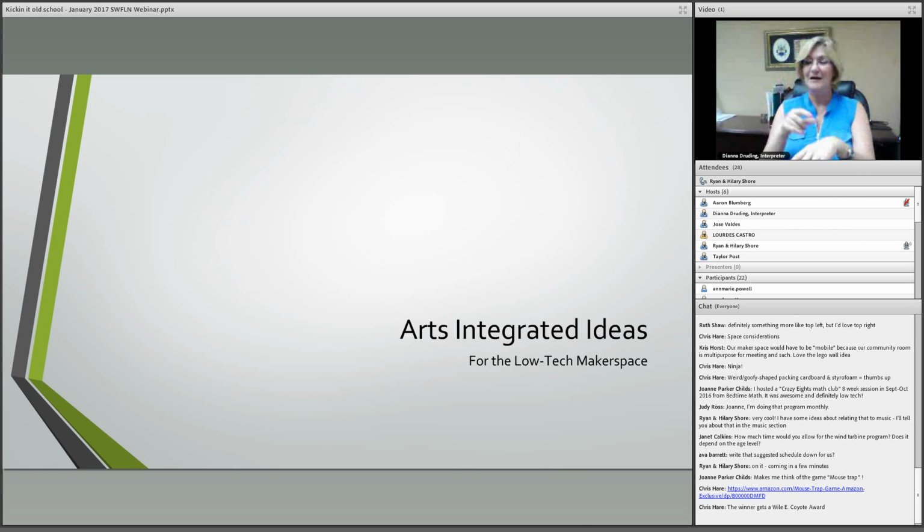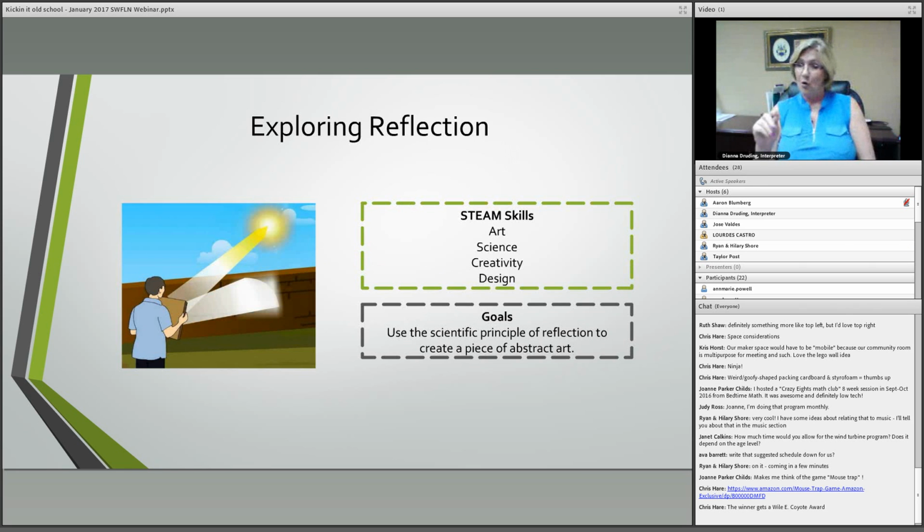All right. So the next thing we have for you are a couple arts integrated ideas. The ones I'm going to share with you today, we have an activity about reflection, and then the second one is about refraction. The skills that we try to target here are art, science,